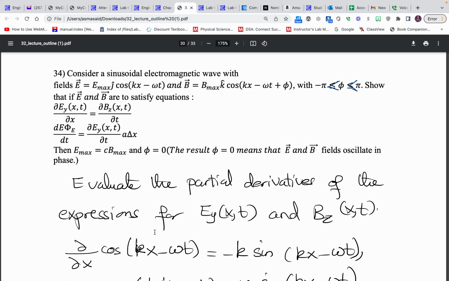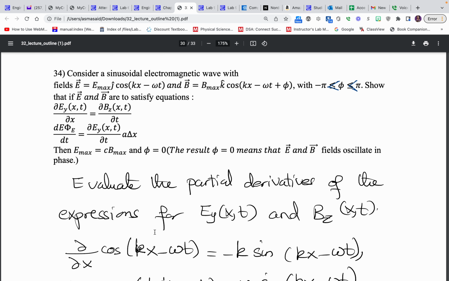This one here: consider a sinusoidal electromagnetic wave with fields E equals E maximum j times cosine of kx minus omega t, and B changing also sinusoidally, B maximum k cosine of kx minus omega t plus phi, where phi is between negative pi and pi. Show that if E and B are to satisfy equations,